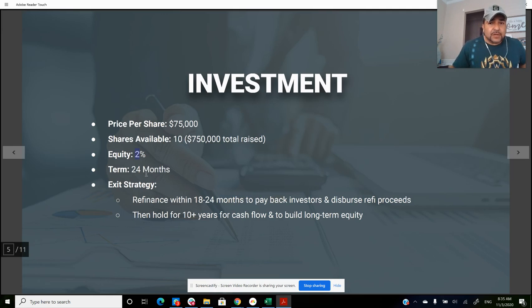And the term is 24 months. You know, the goal is to be done in 24 months. Exit strategy in 18 to 24 months, cash out refinance, and give the investors their money back, pay the first loan off, and have some proceeds that we can share amongst all the owners of the property, right? The investor also owns 2%, okay? And then hold the property for as long as we can, right? As long as it makes sense, 10 years, as long as it's cash flow and making sense, let's hold it,